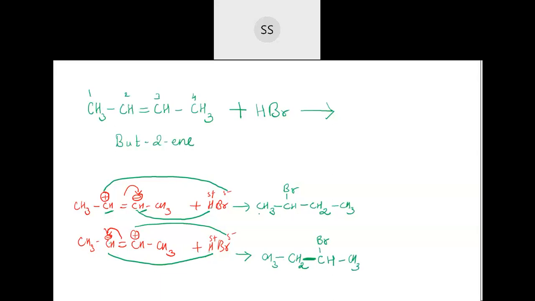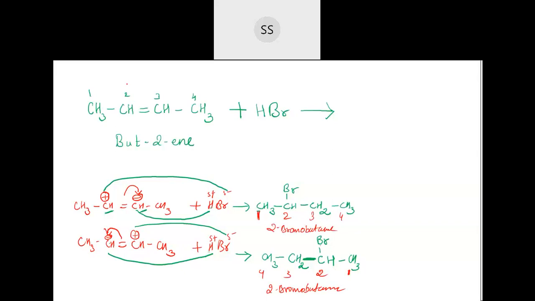Okay. Now you name them from this side because bromine should get the least numbering. Okay. So if I am numbering them, I should number from this side. 1, 2, 3 and then 4. Okay. So it's 2-bromobutane. Okay. And this side if you are numbering, I should number from towards the right hand side. So 1, 2, 3 and then 4. So second position I am having bromine. So again, 2-bromobutane. See, the compound name is similar. That means the compound formed is the same. So you can add on any side.